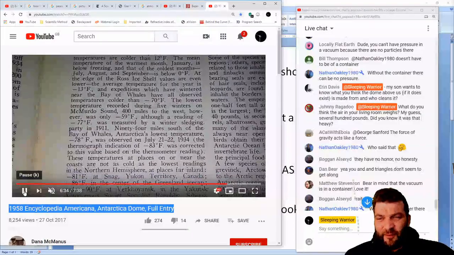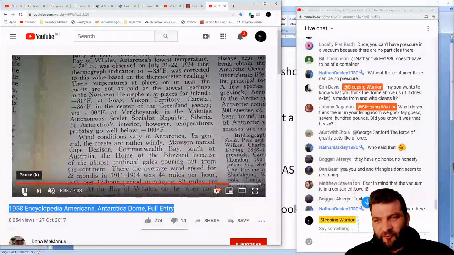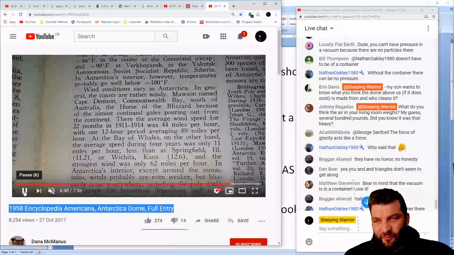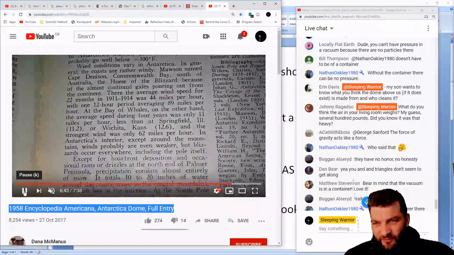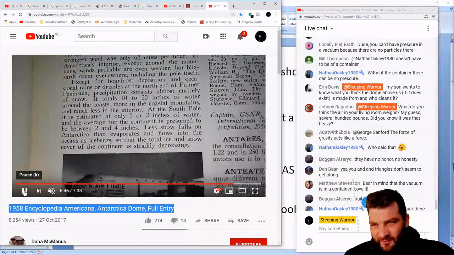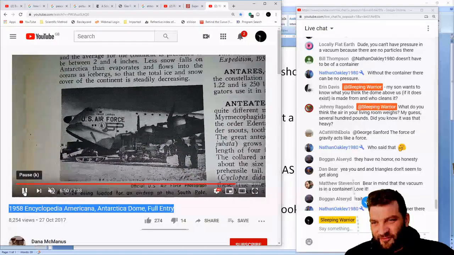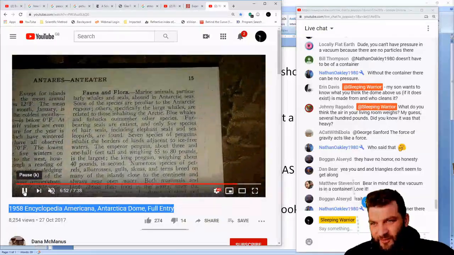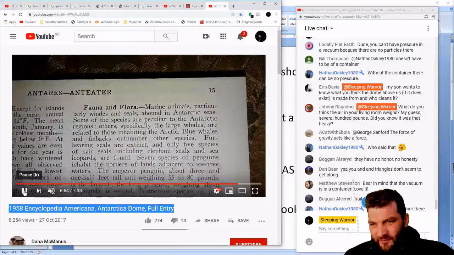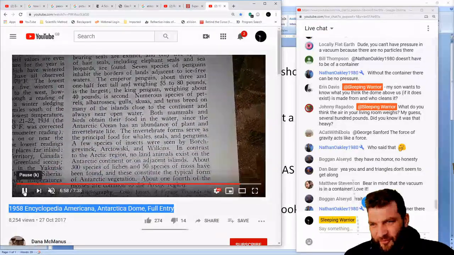Now, I'm not saying that this is absolutely true, but what I am saying is that this is supporting evidence that there must be some kind of barrier container, and it's not something that we're supposed to know about, because they would burn this book if they realised it was in here. The fact that they haven't, we can only accept and take satisfaction from. Where is it? I'm just trying to remember exactly what the